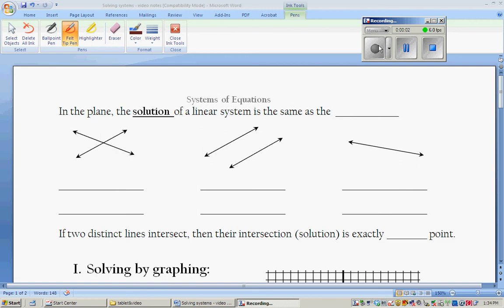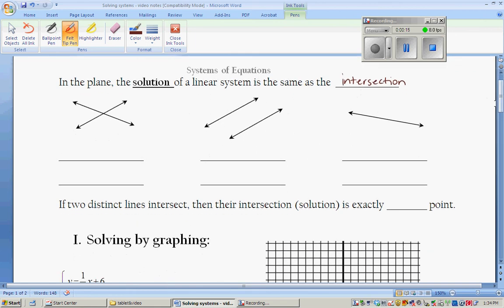In the plane, the solution of a linear system is the same as the intersection. If you think of it this way, it will make a lot more sense when we start to deal with fancy lines like parallel and coincidence situations. If we take this set of lines, line 1 and line 2, if we have two distinct lines